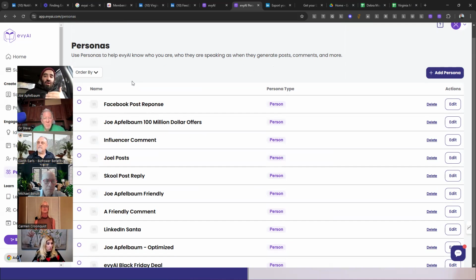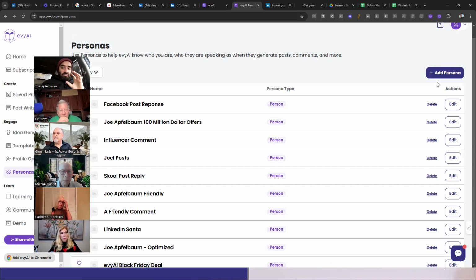When somebody goes in and says, oh, AI is not working for me, it's not that AI doesn't work, it's that you didn't train it to work for you properly. Because this is the same as using any AI like Claude or Gemini or ChatGPT or Grok or DeepSeek or anything. So the persona, I'm emphasizing this section of the persona because adding a persona is really easy. You just click on the top, add a persona,